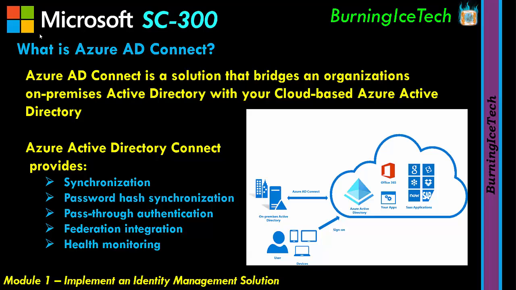You'll find it's not an exe file. It's a .msi file. Where do you download this? How you download this is up to you guys. You can go and download it via the Azure portal. So if you go to the Azure portal into your Azure Active Directory, you'll find there's a tab there. It says Entra Connect, Microsoft Entra Connect now. You go click on that. It's going to allow you to go and download this tool. So I'll show you guys that in just a second. But before we do that, let's move on to the next topic, which is